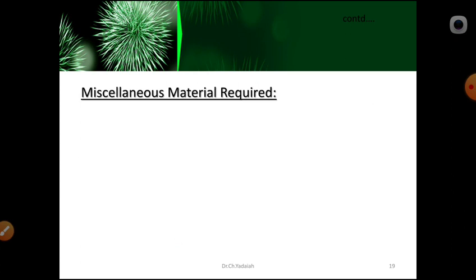After that, small nuts and bolts are the miscellaneous things. So what are the miscellaneous things? Already we have seen. And cradle guard, 8 SWG, made up of galvanized steel. This is a line. How many are required? Cradle guards are required, 2 into 80 plus 40. If it is required we can provide this, otherwise no need. Guarding is for any crossing, like a railway crossing or road crossing. In that condition we can use the cradle, otherwise no need. Here we use the cradle, so that is why we are using this much.